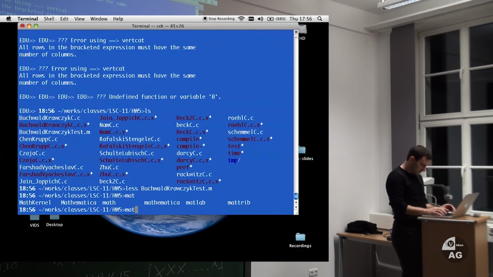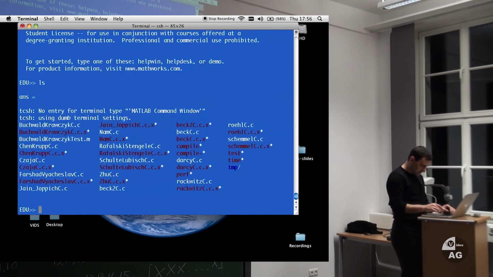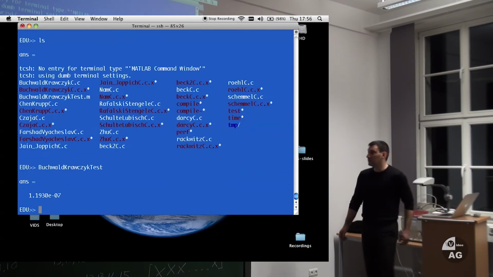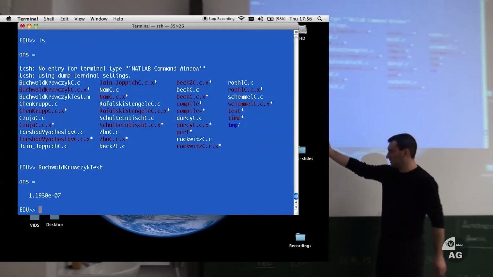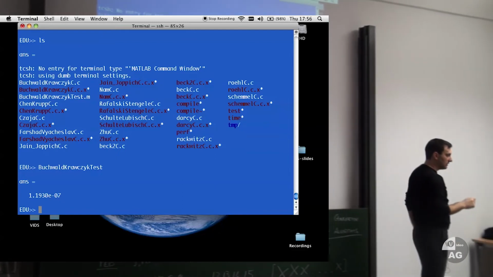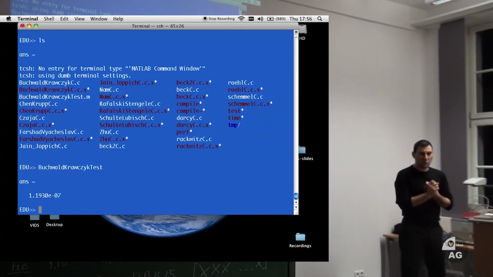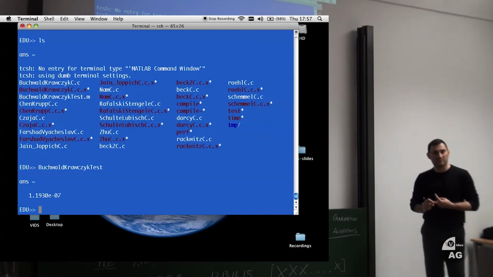But if I do this, come on, and now I say book, here we go. And here is another problem. What is that? Why is it 10 to the minus 7? 10 to the minus 7 is that quantity that tells me that it's not too wrong, but it's not perfect, it's not correct.